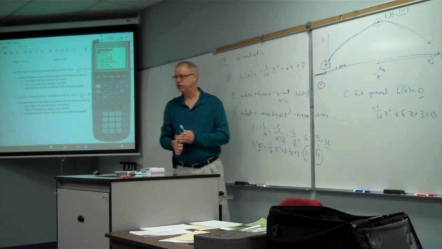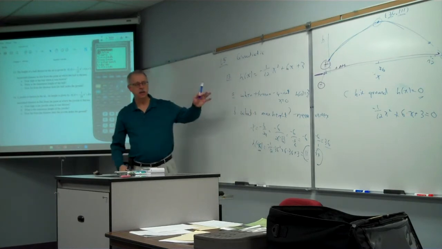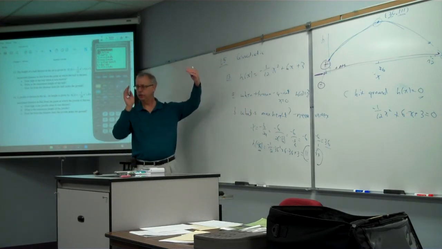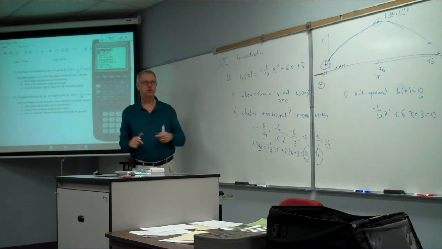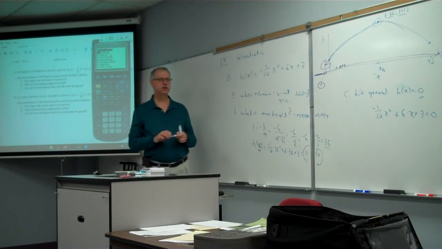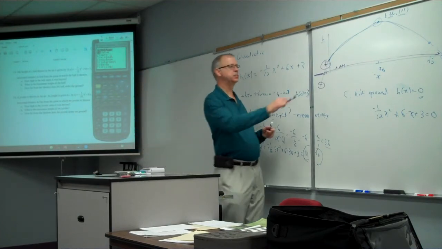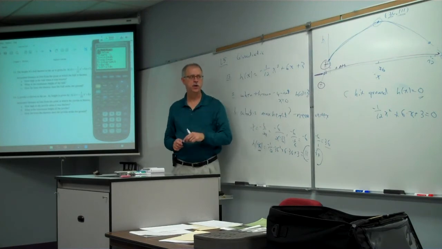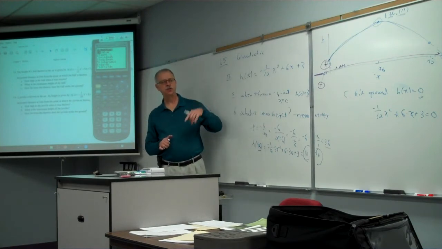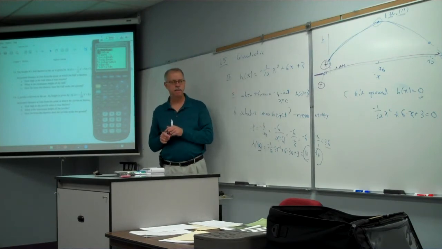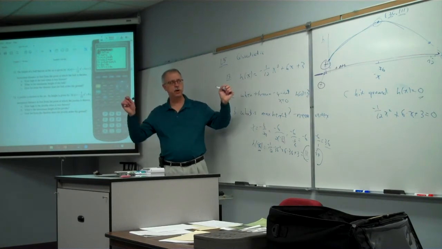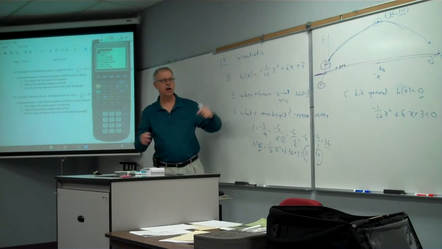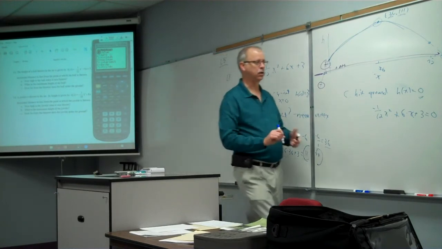And certainly if you had a business and this was your profit, you'd like to know on what interval of time you are making money and where you are not making money. So there are times we're definitely interested in figuring out where our function is positive and where it's negative. And as we see here from the quadratic, it's something we're going to continue to see in the next section. Between 2 zeros, it's always either positive or negative. Here it's positive, but if the quadratic were